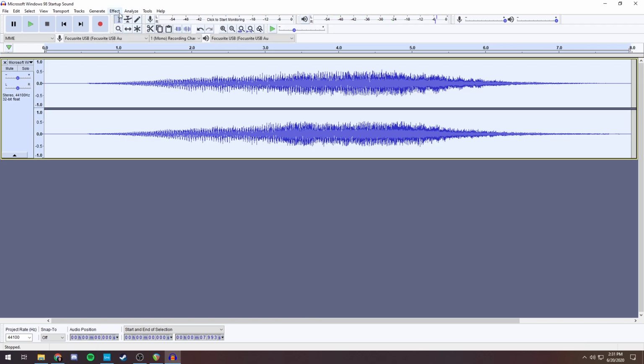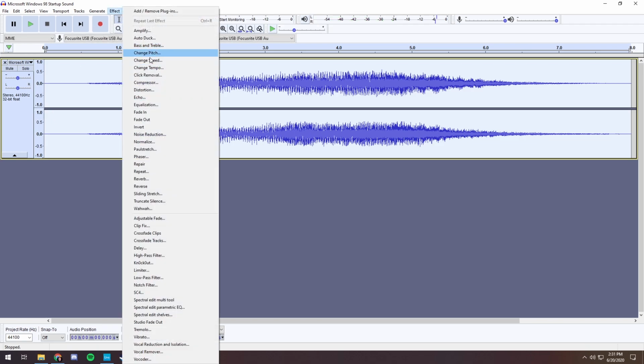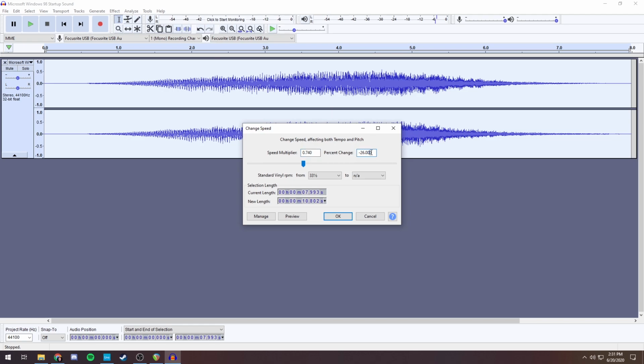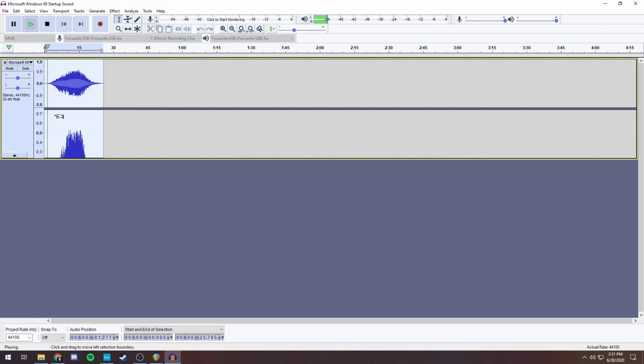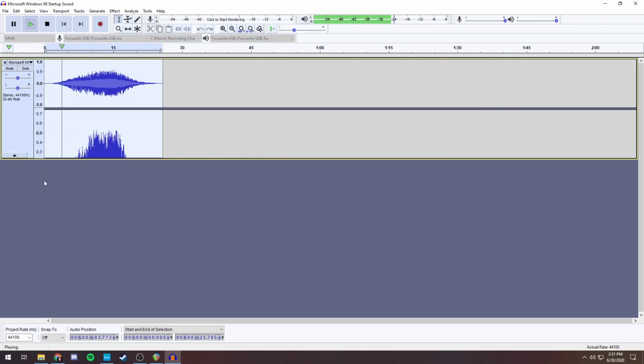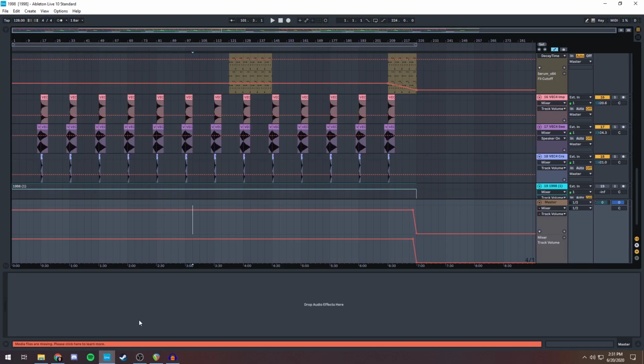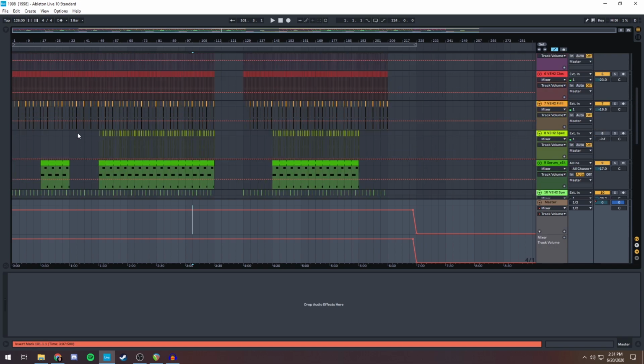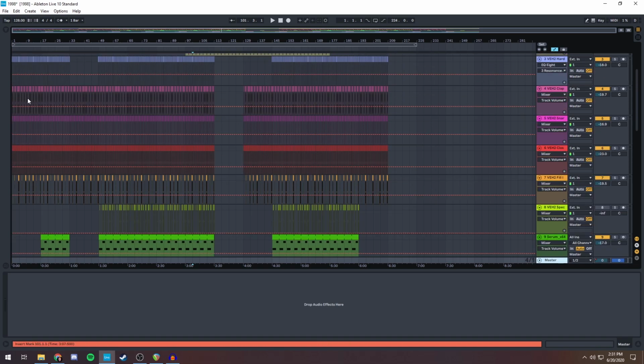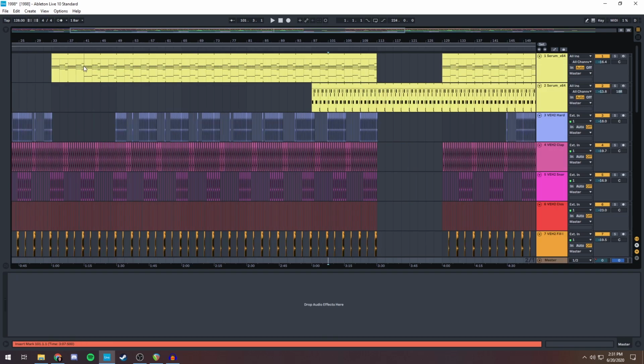Really old school. And then change speed. Let's see if it's 69. It is. And that's how I came up with the chords for this. It's exactly that. Turning it down by 69%, and then I came up with